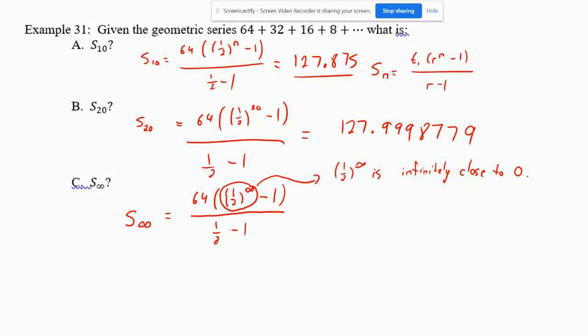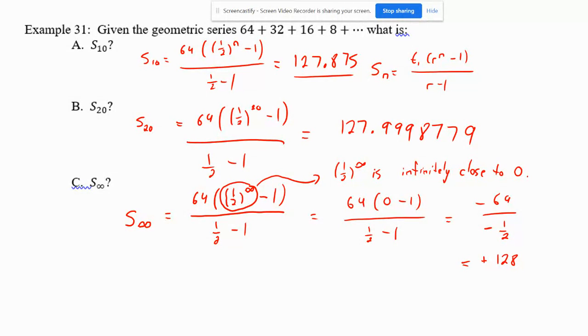In other words, guys, it's a point where you can't get any closer to 0 as n goes to infinity. Okay, so if this guy's equal to 0, that makes it 64 times 0 minus 1 over 1/2 minus 1, which is negative 64 over negative 1/2, which equals positive